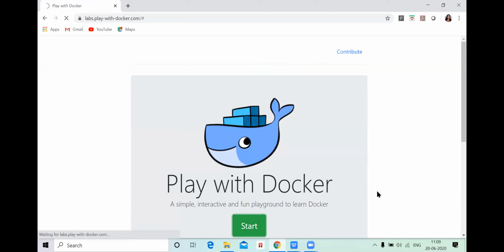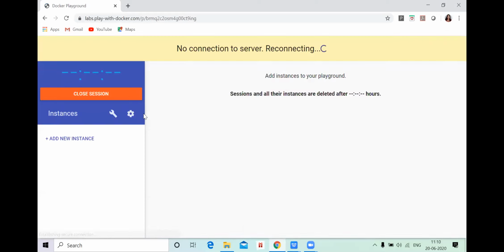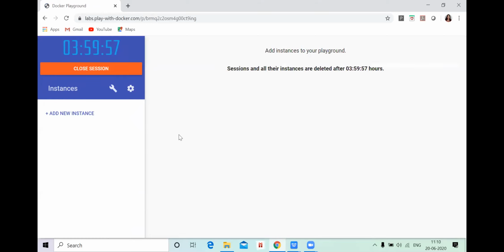You have to click on start button. As you can see, now my play with Docker has been opened.